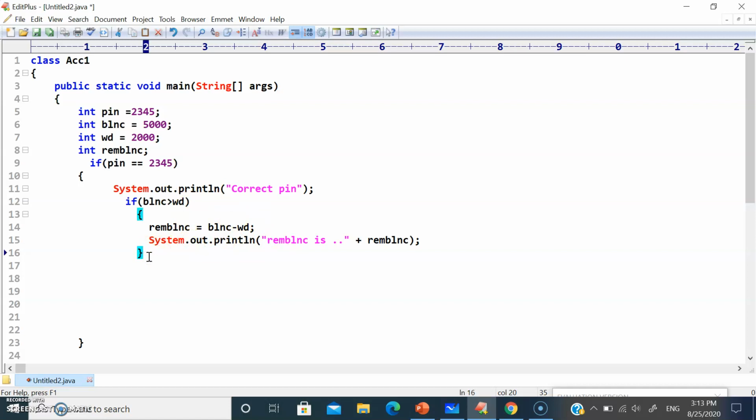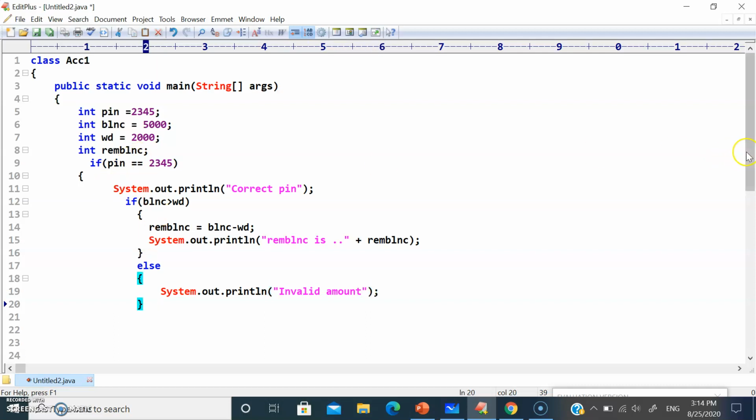In some case, if your inner if condition is not satisfied, then we have to say it's an invalid amount. So let's write invalid amount.